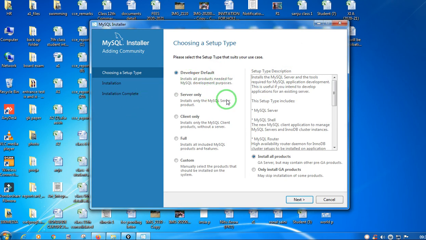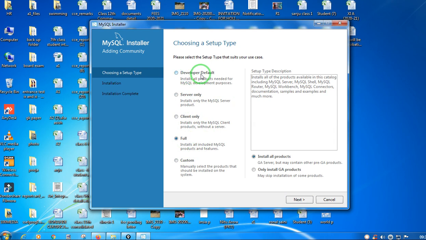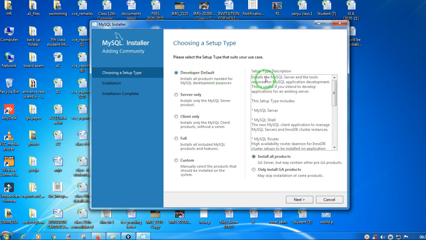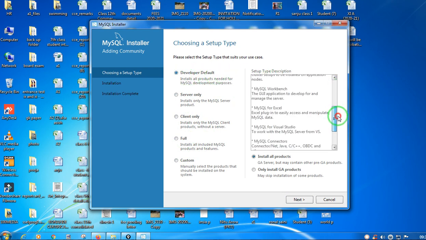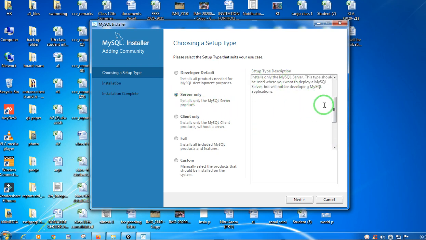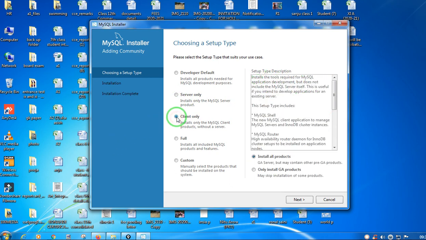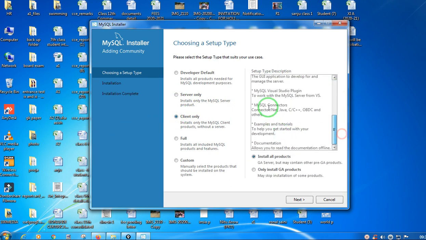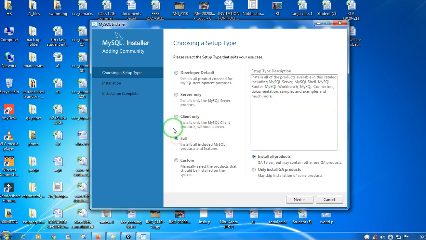So over here, just go for the full developer. When you choose the developer, all these things will be installed in your system. If you choose the option server only, these applications will be installed in your computer. Clients only, these applications will be installed. So I will go for full, so that each and every application, whatever is needed, will be installed in your